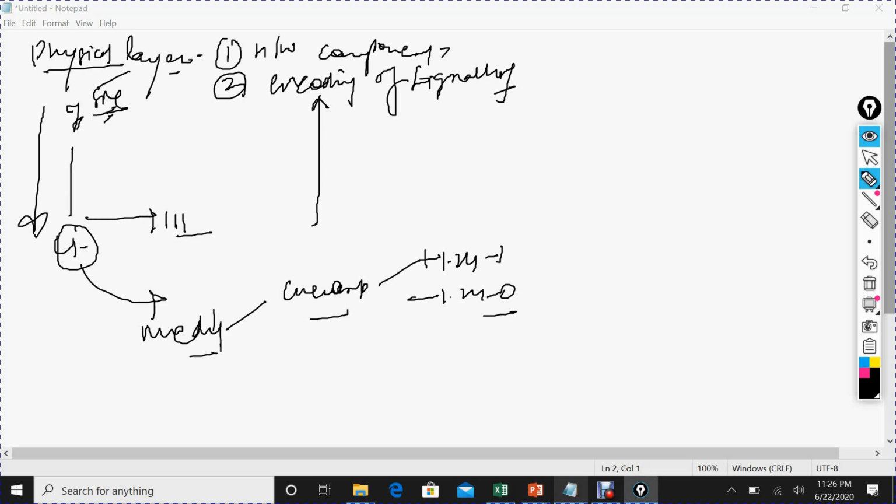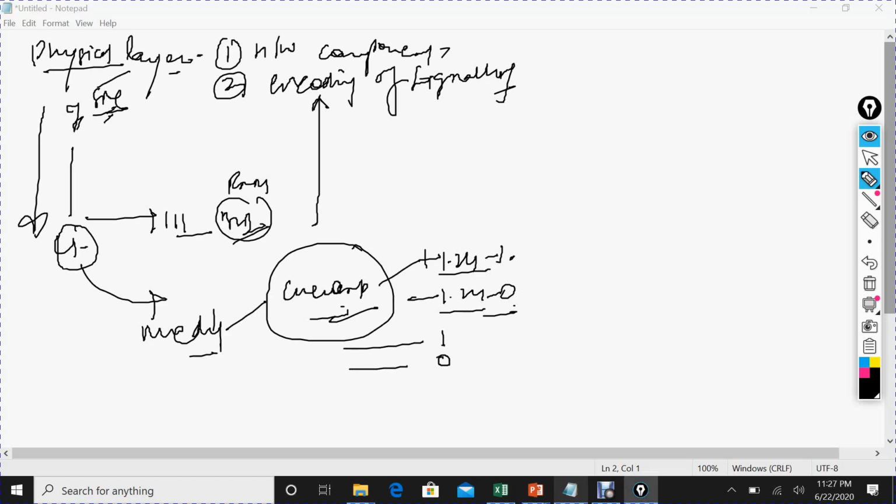Remember, the PDU on the physical layer is bits. So your frames will be converted into bits, and the bits will be converted on the basis of whatever media you are using. If you are using current, plus 1.24 volt is 1 and minus 1.24 volt is 0. If you are using fiber optic, it uses the total internal reflection mechanism of light. If light travels, it is 1; if light doesn't travel, it is 0. If your media is wireless, wireless works on frequencies. If the frequency is high, it is 1. If the frequency is low, it is 0.